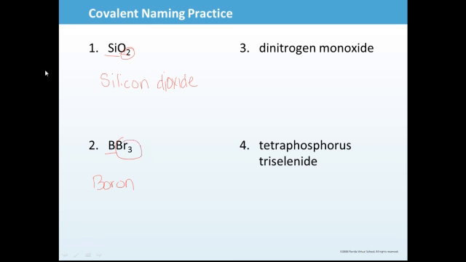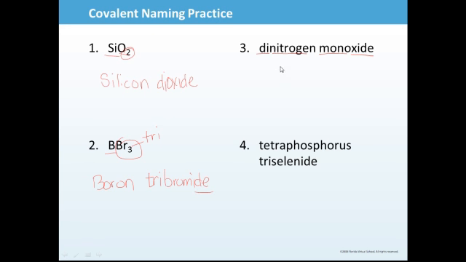Then I have 3 bromines. Bromine, we change it to bromide. I have 3, which is tri. So I'm going to have tri and then bromide, IDE ending. So boron tribromide. Number 3, notice I have di, then I have nitrogen, I have mono, and then I have